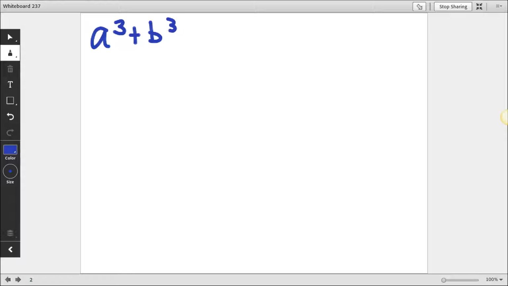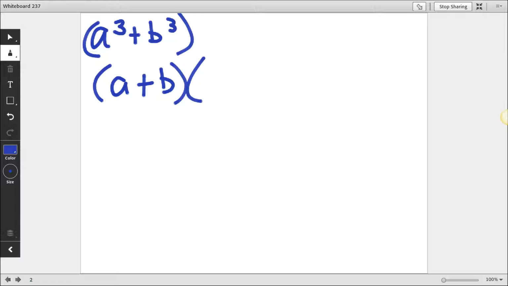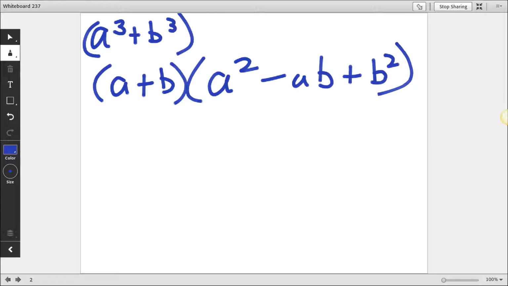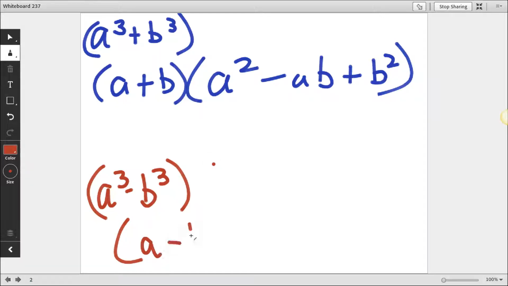So if you are given a cubed plus b cubed, then the pattern that you're going to fill into is a plus b, and then a squared minus a times b plus b squared. If you are given a cubed minus b cubed, you are going to use a minus b, and then a squared plus ab